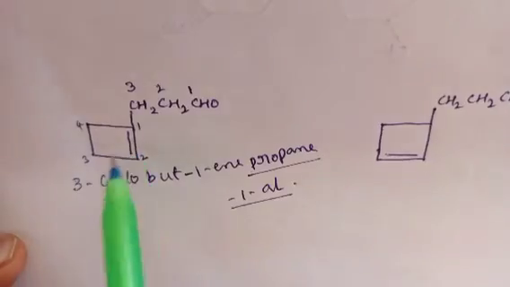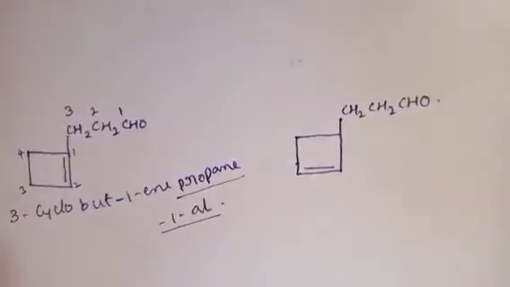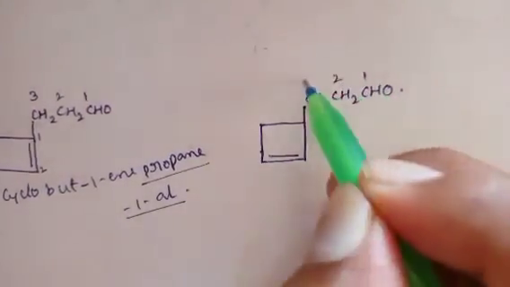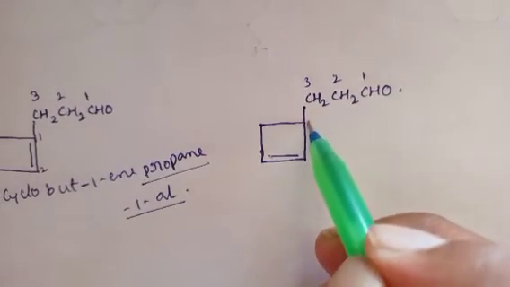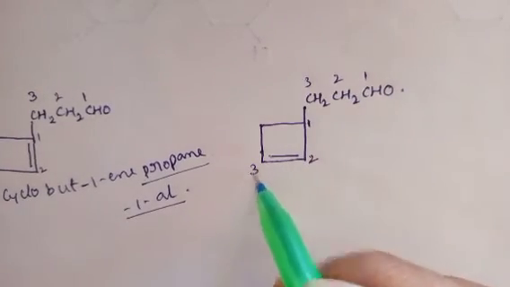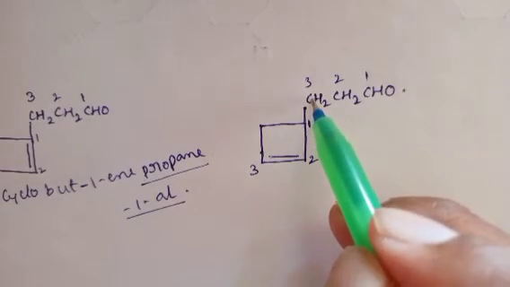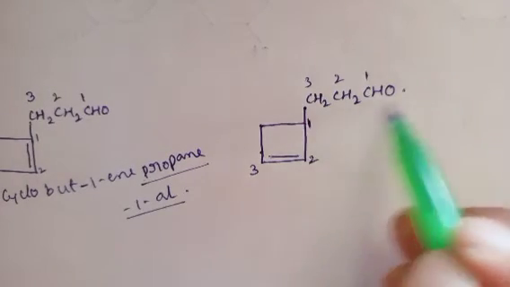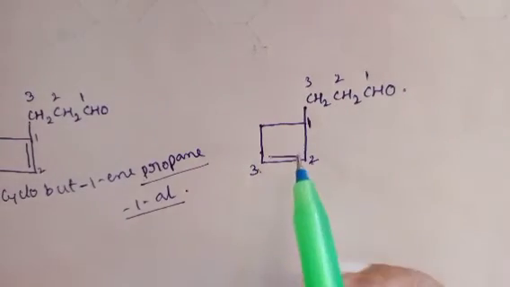Next, if this double bond is present here, then what is the name of the compound? See the same model example. So here also numbering 1, 2, 3. Why is the numbering starting from here? Because it is already attached to the main long chain. That's why give it the first number. This is the first carbon attached to the main chain, so give the numbering 1. Don't start from this side or from this carbon.